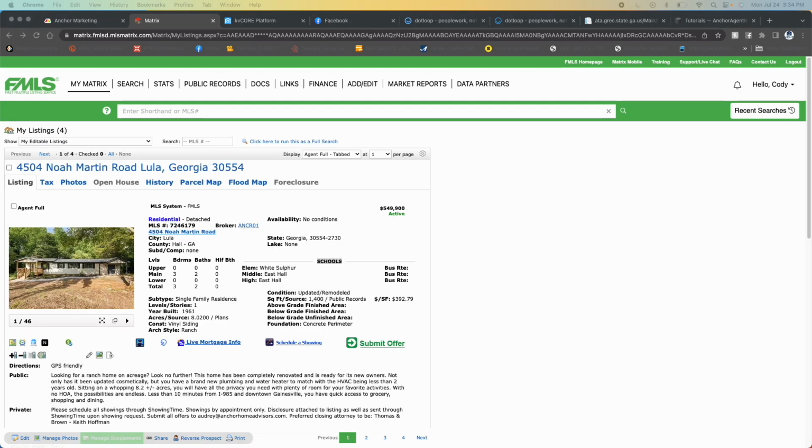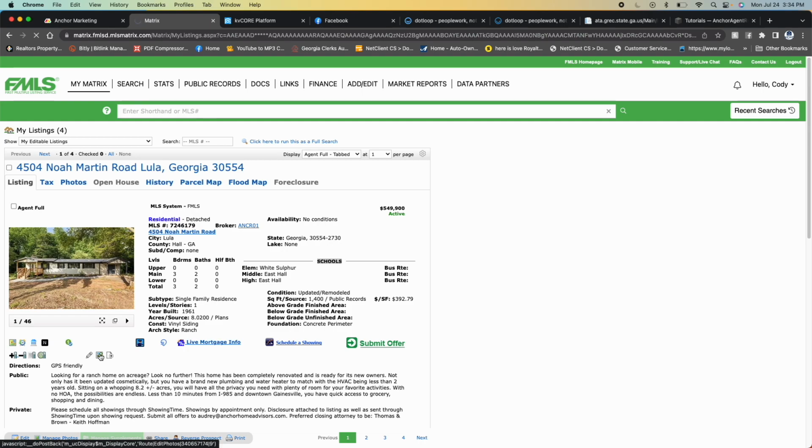Once you have completed your listing and submitted it to FMLS, then you'll be able to come and see your listing live and active. Now, during this process, as soon as you finish completing the listing, you'll have an option to add pictures. If you missed that step or forgot to do it, you can always access the pictures here. And so if you come here and click, it'll give you the option to be able to upload new pictures